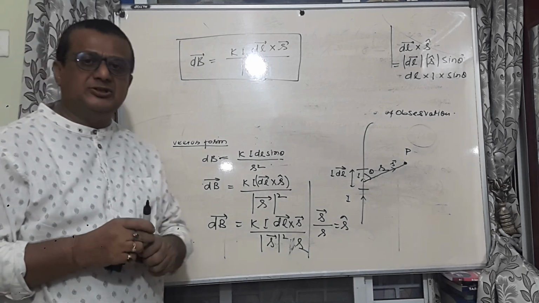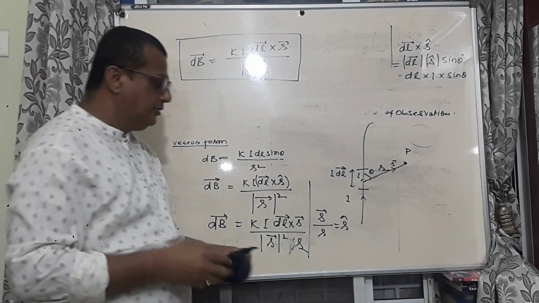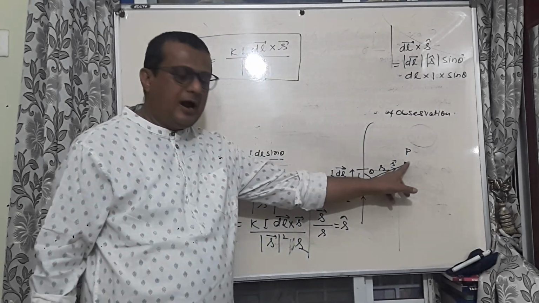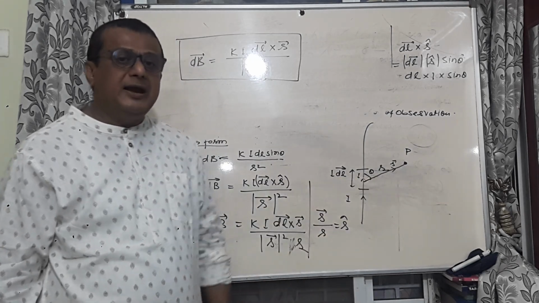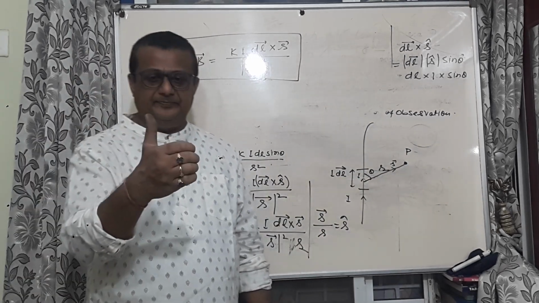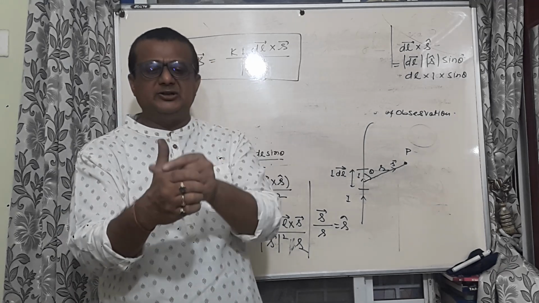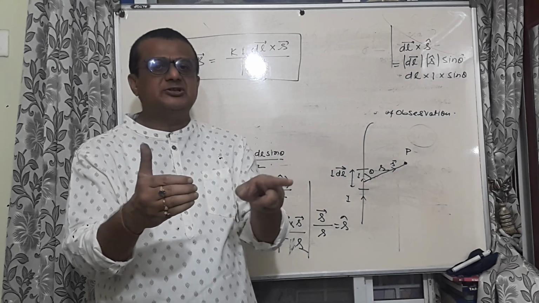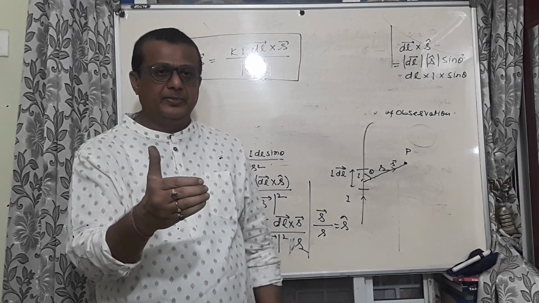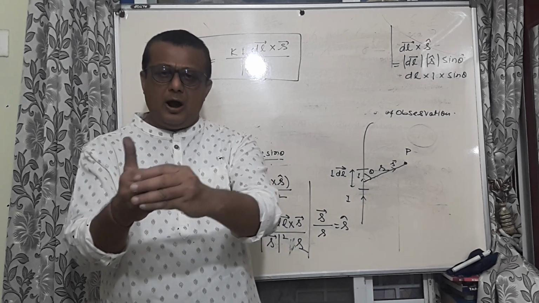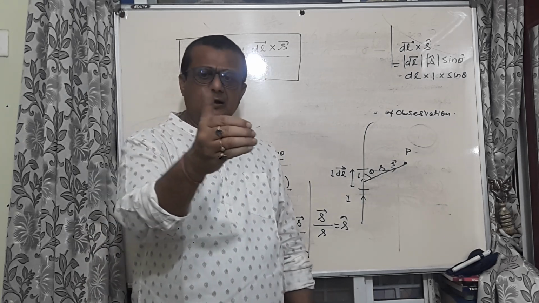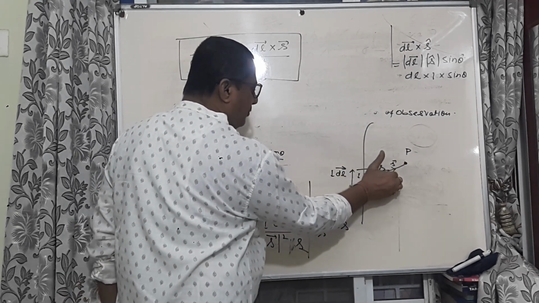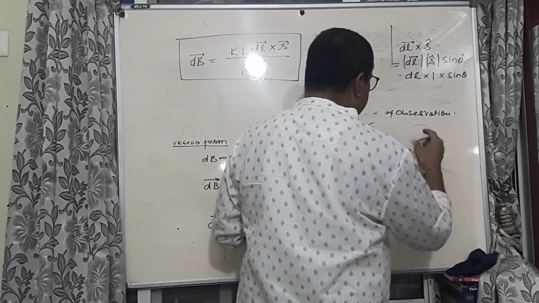Now how will you find the direction of magnetic field due to a straight wire? Suppose we have to find the magnetic field at this position. So we will take the right hand. If the thumb indicates the direction of current, then the curled fingers indicate the direction of magnetic field. So we put our fingers like that and put the thumb at this position. Then the fingers are going inside the blackboard, so here the magnetic field will be inside.